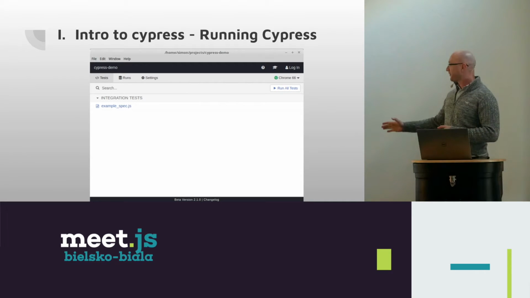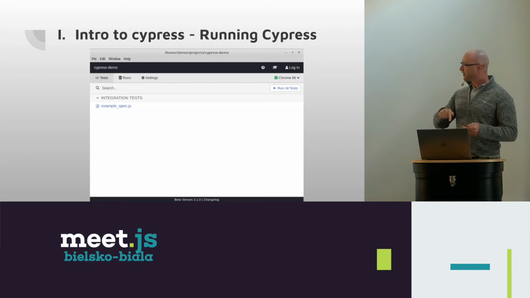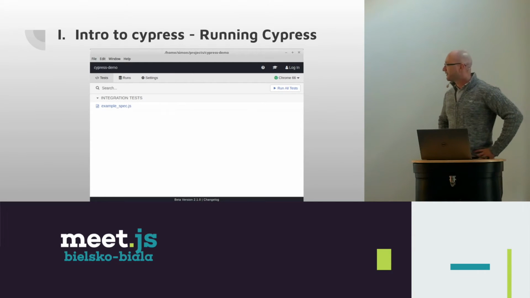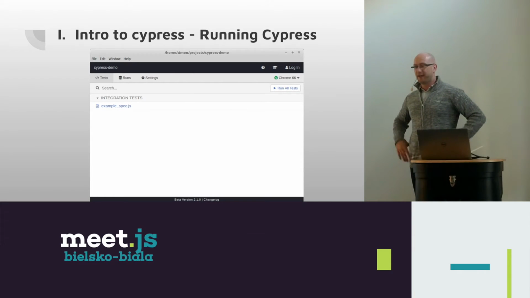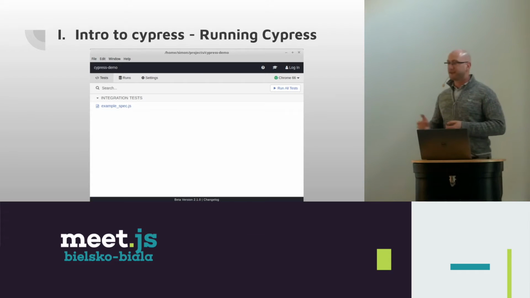So the next step, after accepting this window, you will see this first window where you have just one test. It's called example spec. And this spec tests Cypress itself. So this test contains all the methods that you can use in Cypress. So you can easily see the first time, okay, I have these methods,